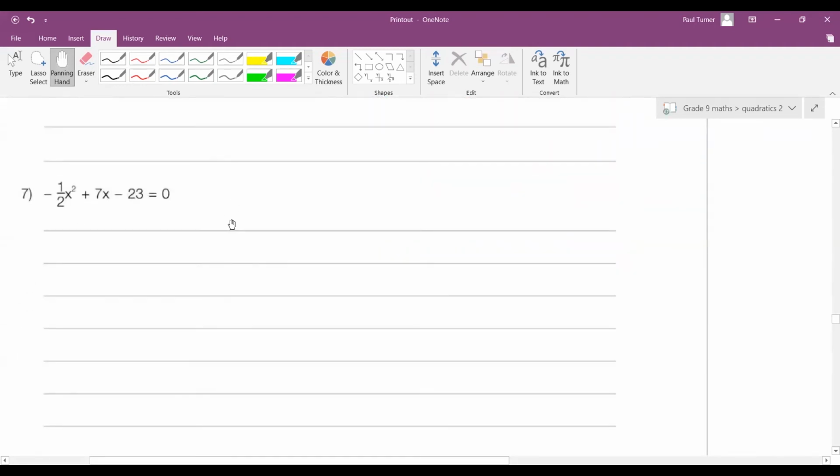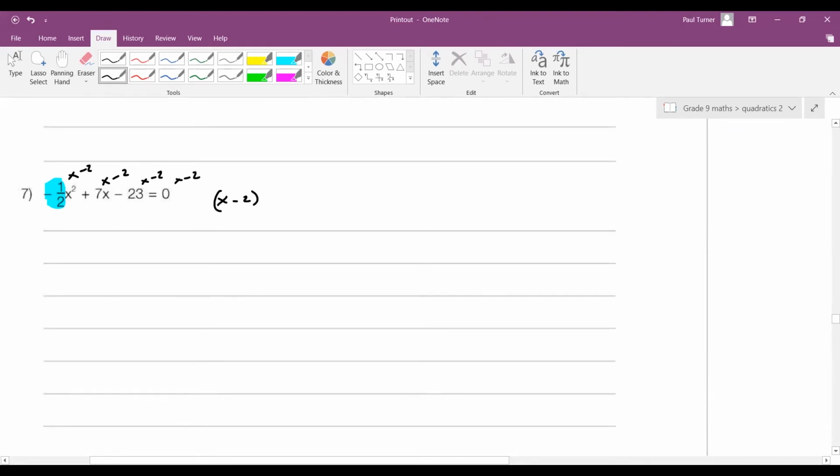Question 7. Now this one has minus 1/2. You see this number here? So I'll start you off. It's not 1. So at this one, I just check. I multiply everything by minus 2. So if you multiply every term by minus 2, like that,